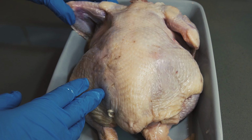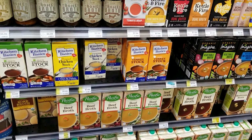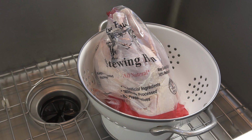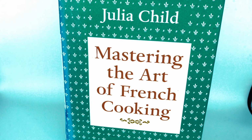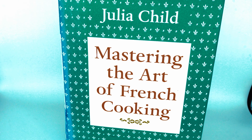Now, I kind of switched up this episode and decided to do a broth. I was at the Asian market and I saw they had stewing chickens. Well, a few years back, I didn't know that there were different types of chicken. Where I learned about differences in chicken, Julia Child. Now, no one tells you what the differences are anymore, and they don't really sell the different types of chicken